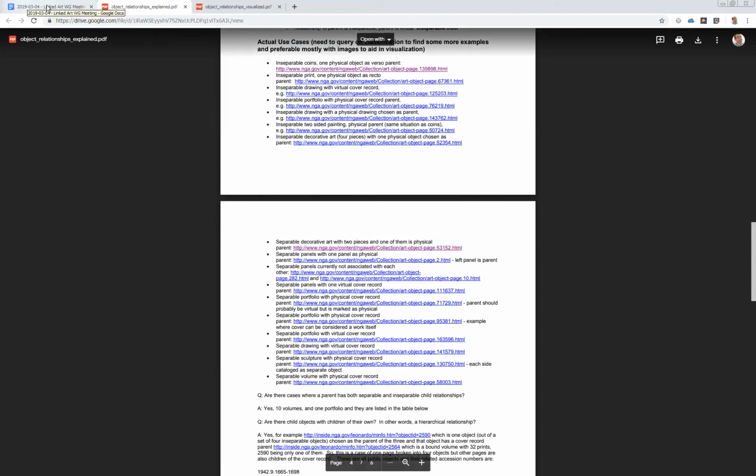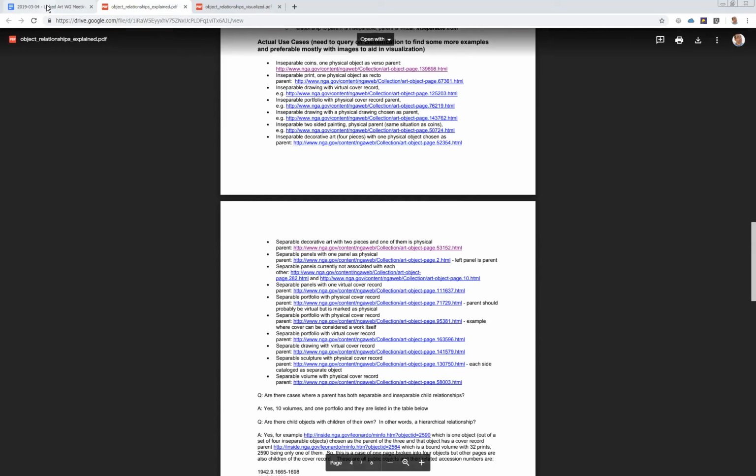Does TMS restrict you from having two sides of the same object? So you were forced basically by the database system to say that the reverse of a coin was a child of the front of the coin? I'm not entirely sure of whether TMS... Yeah, I mean, in that specific case,